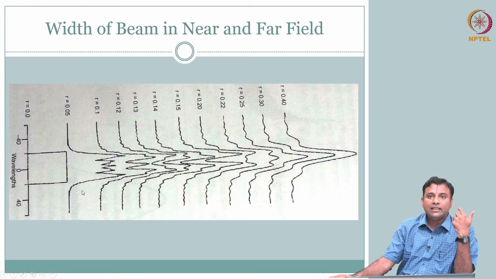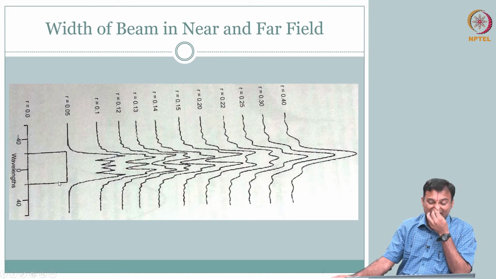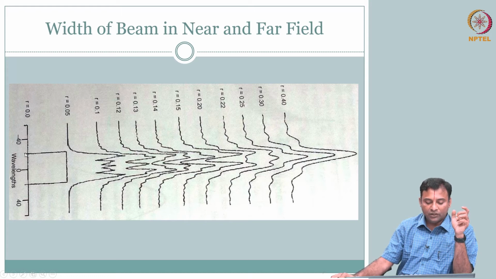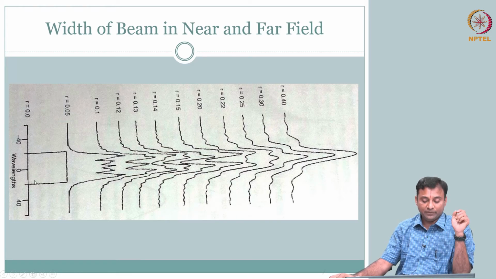How do I smooth it? Window it, shape it, right. So we will talk about that. Two things to notice here: the fluctuation is reduced. Actually we saw this earlier also, but this is a little less cluttered. So in the near field, this is your wavelength, this is your transducer, and this is how far you are away on the z axis with respect to your dimension. So if you are close, you have a lot of fluctuation. As you move away in the far field, it becomes a smooth pattern.